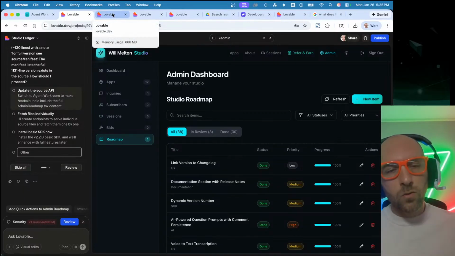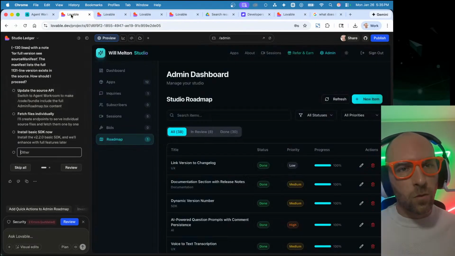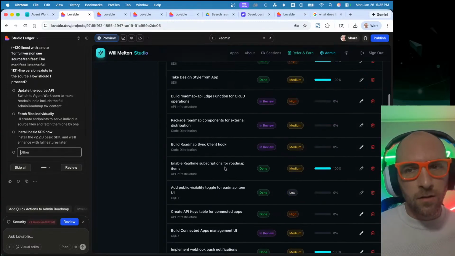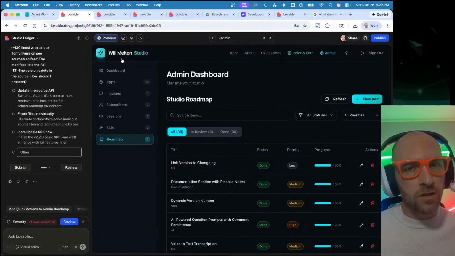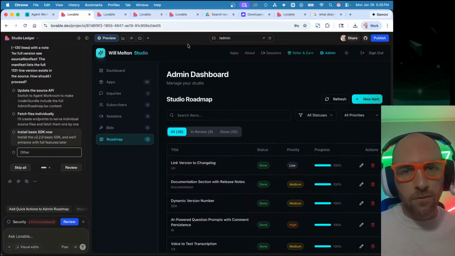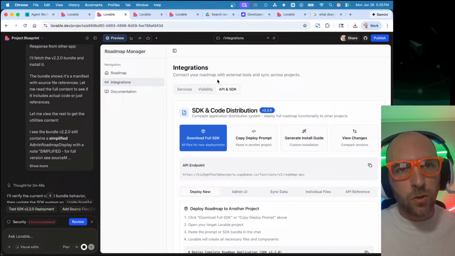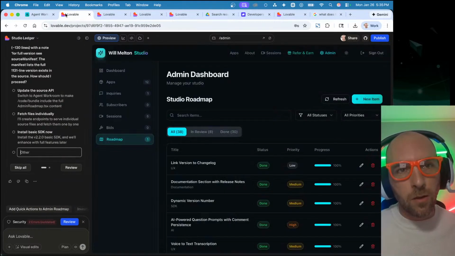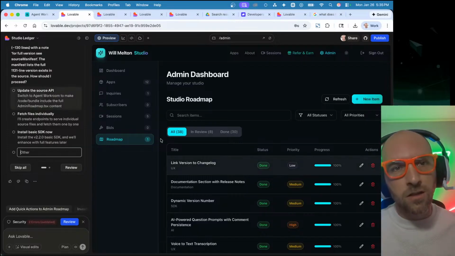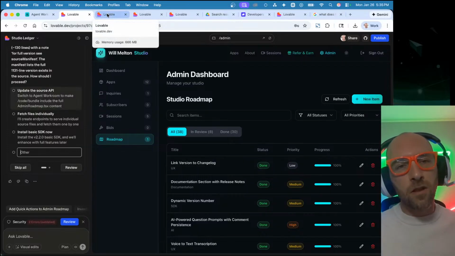And there's a few different cool things that go on. One of the things that happens is it'll actually know what the roadmap version is. This one doesn't have the current version deployed, but right now we have version 2.2. And what's going to happen is when I deploy this code on another application, this application is then going to check and say, do I have the latest roadmap version?